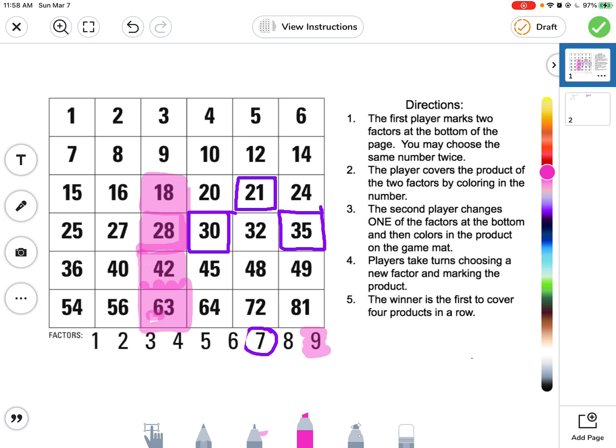So what you want to do is just move one of the ones on the bottom, solve, and then fill in your product until one of you gets 4 in a row. So good luck, and